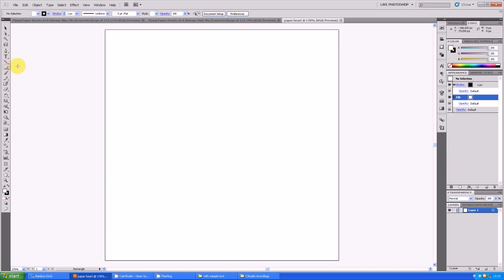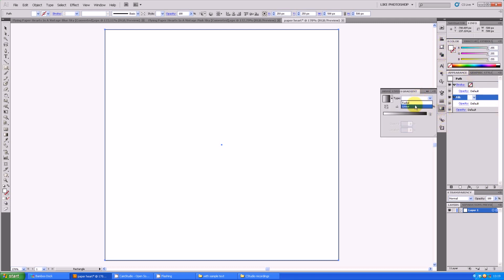So let's start by grabbing our rectangle tool. I'm going to click and drag, make a square the same size as the artboard. This is going to be a pink background. In the appearance panel over here, I can see I've got a black stroke we don't need. I'll click and drag it down onto the bin icon, and I'll highlight the fill, open the gradients panel, and